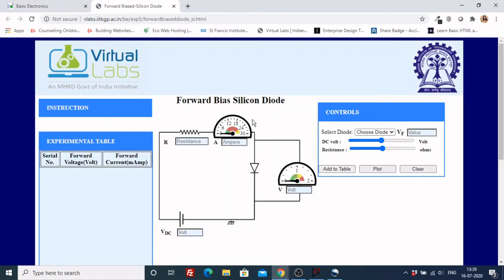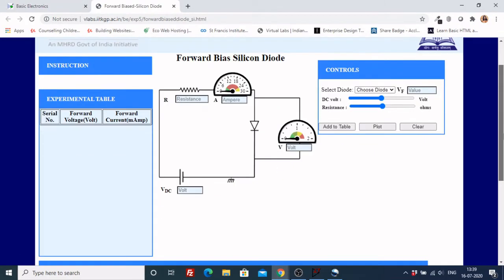So when I go to forward bias silicon diode, it opens a table that looks like this. Now the first thing that you will have to do in this is a normal circuit where I have a voltage supply, I have a diode, I am going to measure the value of current and voltage. I will have to get these values, put it in the table over here and then plot all of them. So I go to the value of a resistor and first set this value. I want to set this value somewhere around 1 kilo ohms. So I think this is good enough. I have set it as 1009 ohms.